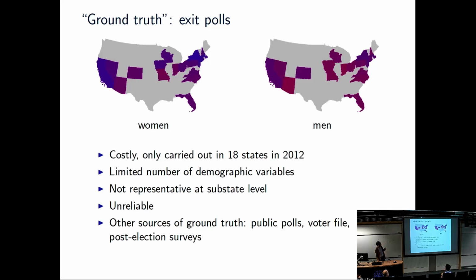Okay, anything else to say about exit polls? Yeah, so the other thing to say is that now, a few months later, there's things like the American National Elections Survey that have been in the field that I think results will be available soon. There's voter files, but voter files only say name, address, probably sex and age are in there, and whether or not you voted, right? There's no record of who you voted for, that's secret.